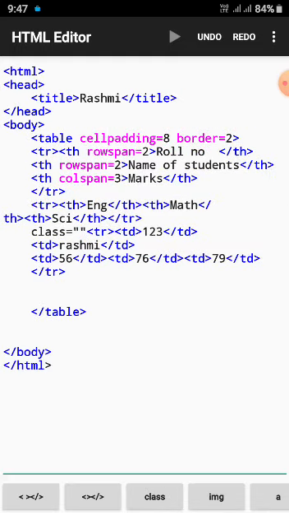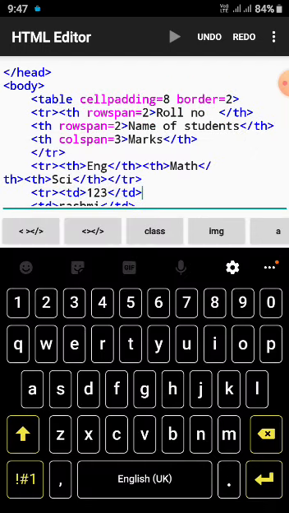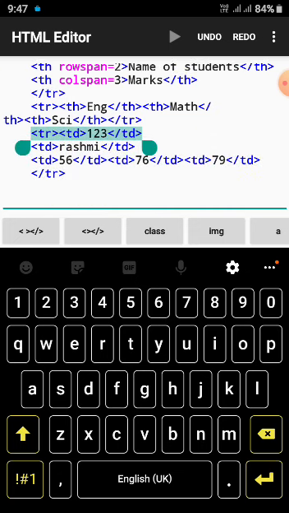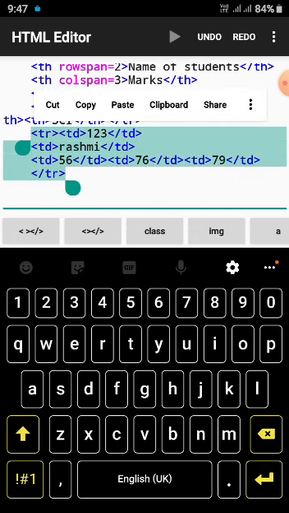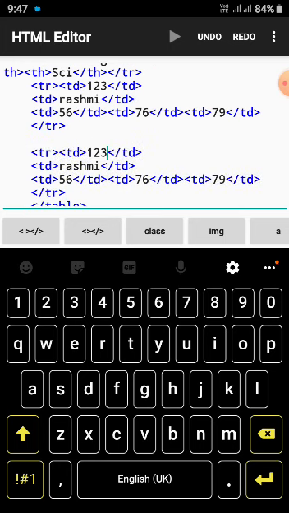What you need to do, just copy the entire thing till this, students, and paste below and change the data. Suppose I made the roll number like this. In place of Rasmi, I wrote Saroj. Fine. Then I change the data here.